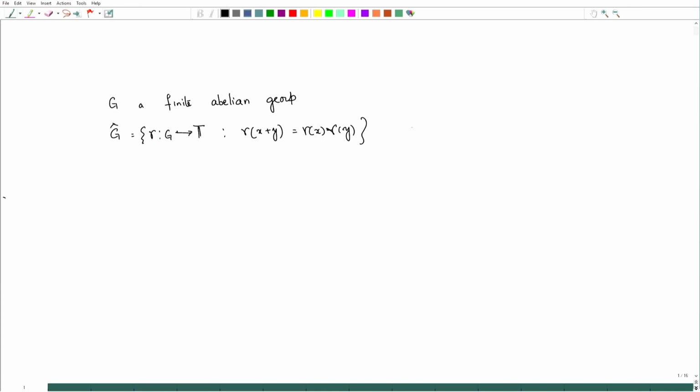We then gave the notation C G to be the set of all complex valued functions on